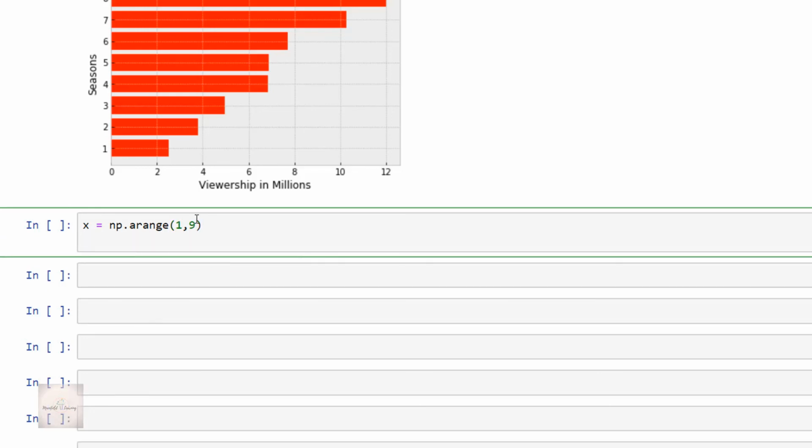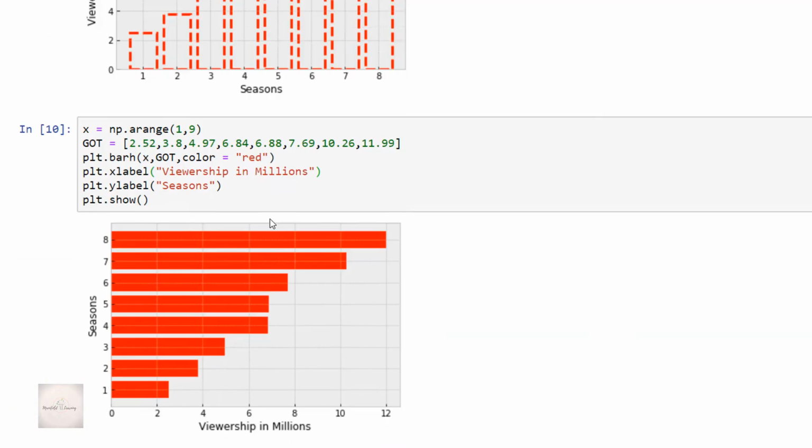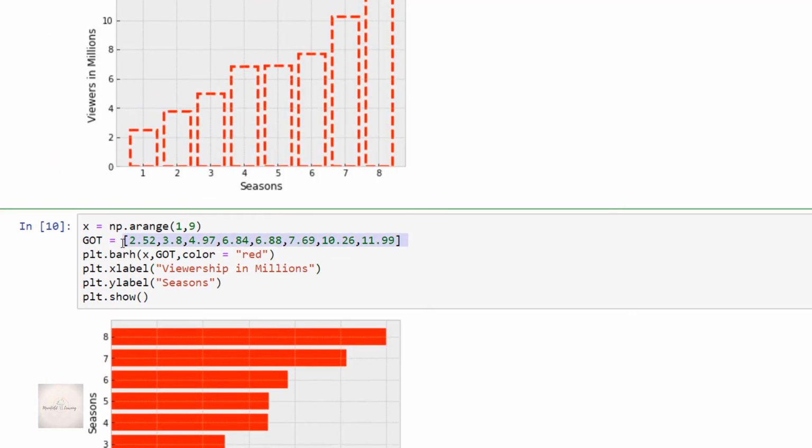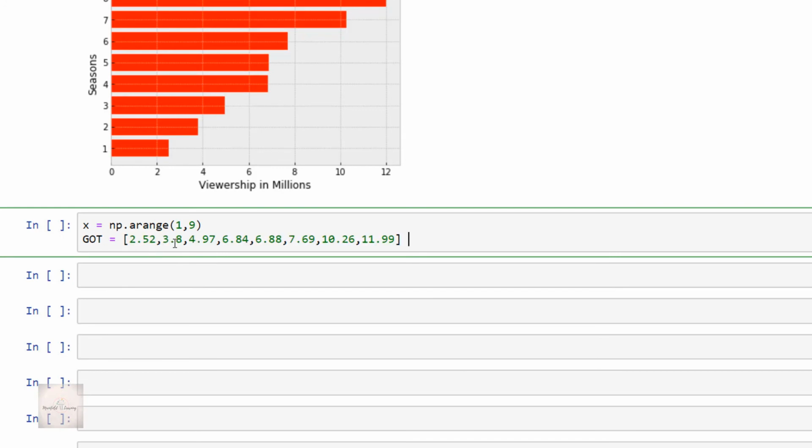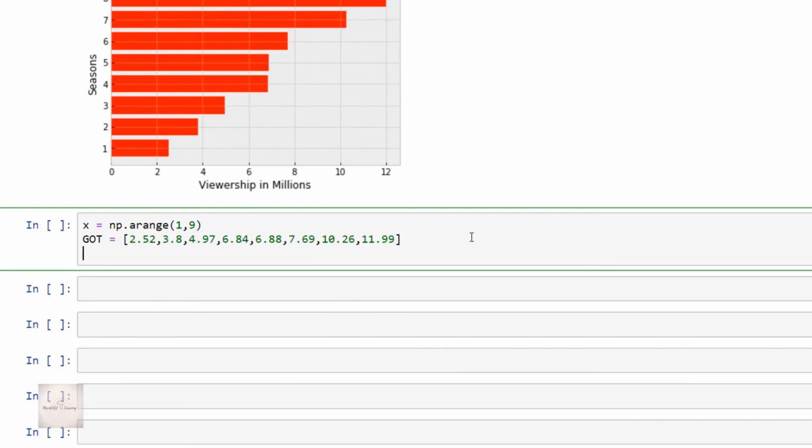It will serve as x coordinate labels for our bar chart. And then GOT is equal to, I'll just pass the values of the viewership in millions. And then I'll do the same for BBT also.